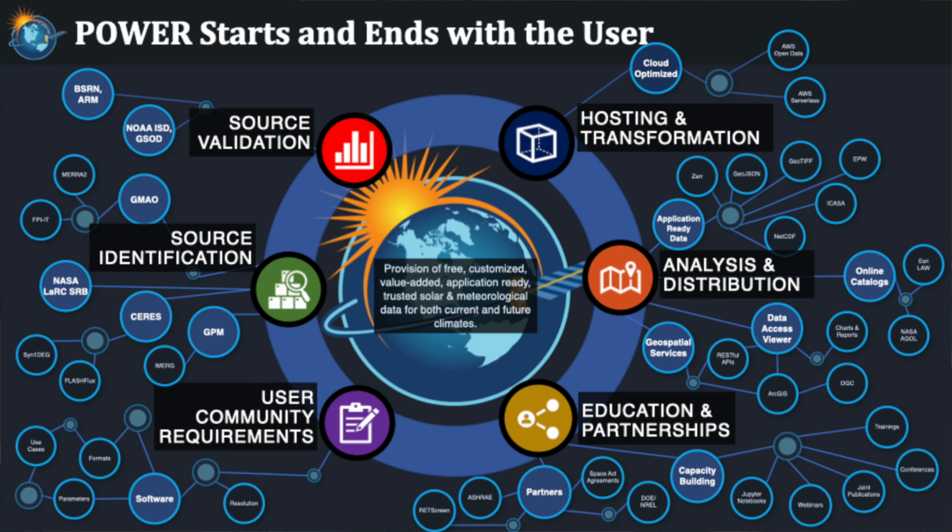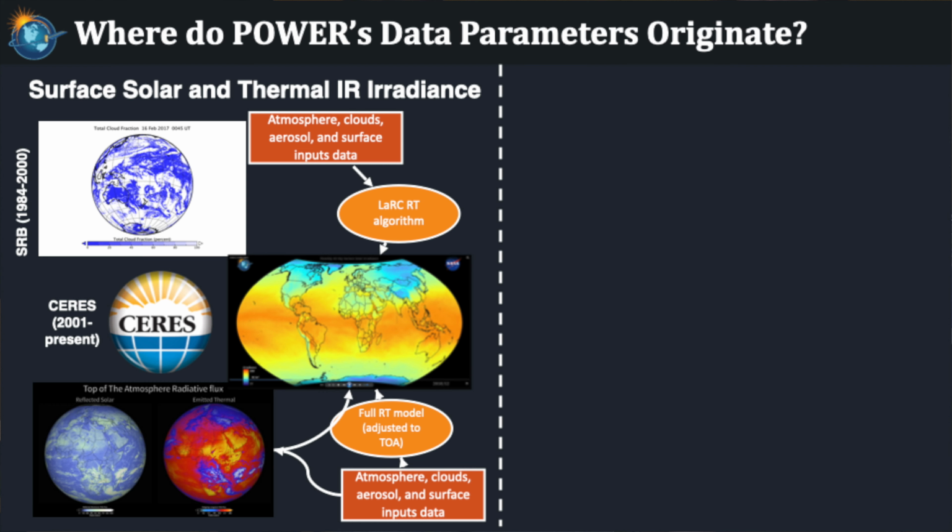Developing ways to process the data, like cloud-optimized formats. Everything we've put up now in the cloud, all our services are based in the cloud. And then putting these in really what we call application-ready data. So different specific formats. So if you have an existing tool, let's say you model buildings, and there are tools out there like EnergyPlus. Well, you can go to our website and order the data exactly in that format, put it right in your tool. You're done. You don't have to go to Earth Data Search and try to do all that processing yourself. So that's one of the things that we've done, and we continue to partner.